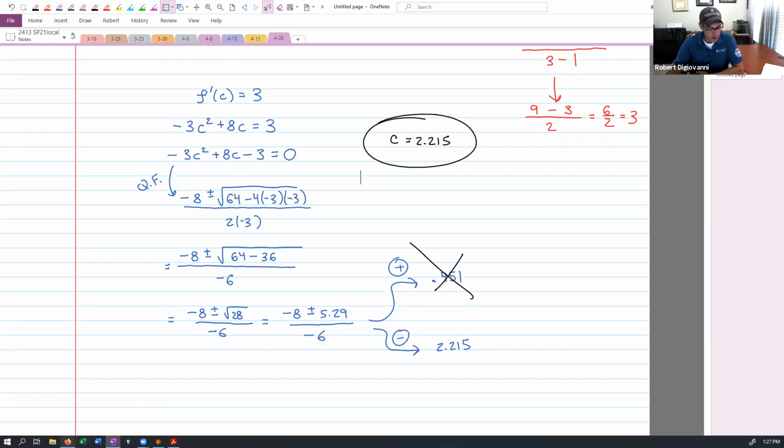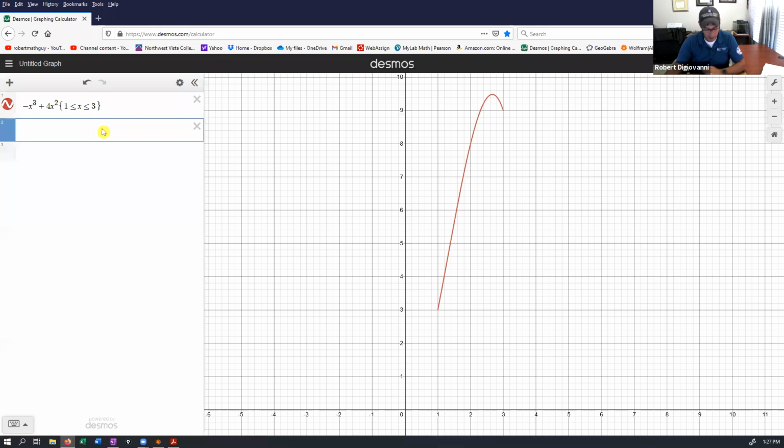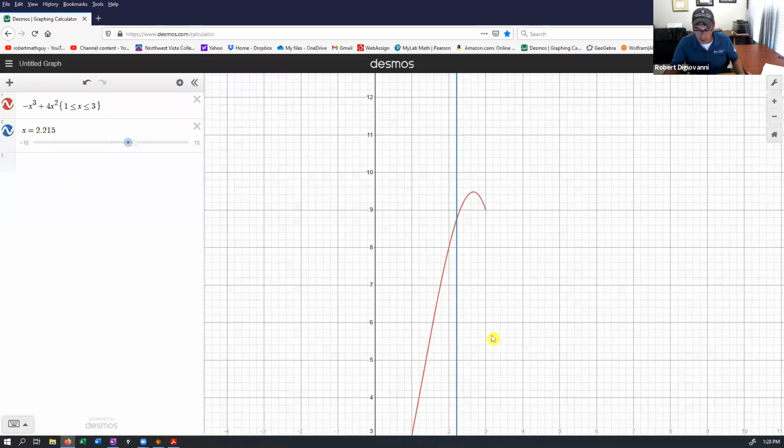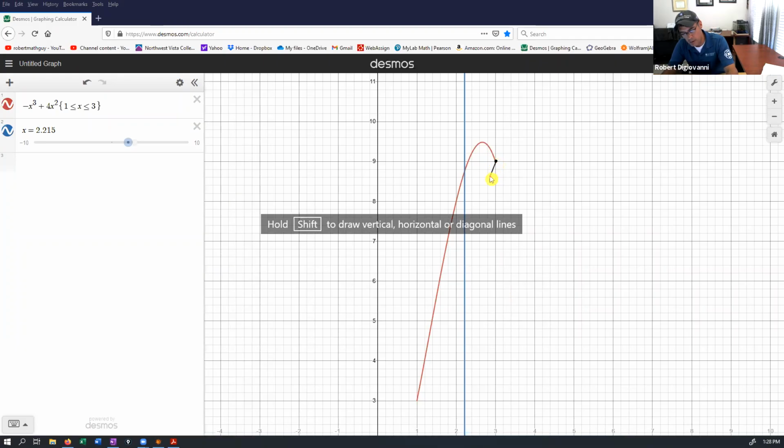So 2.215, let me go back to this. Let me try, I'm going to graph a line x equals 2.215, just so you can see where it is. Okay, so again, if I were to connect this, you know what? This allows me to draw lines. I've never really done this before. Stop. Okay, hold on. This is not working. Erase. Try it again. Okay. I forgot that I could draw lines on here.